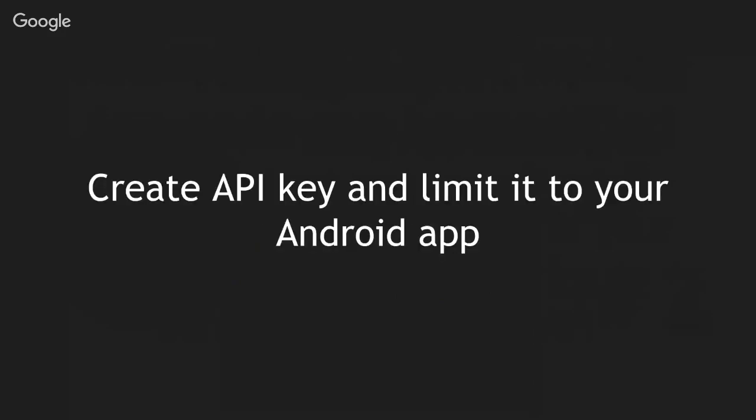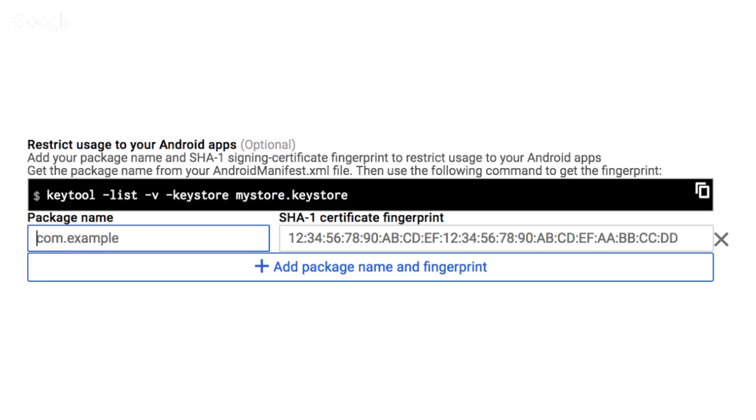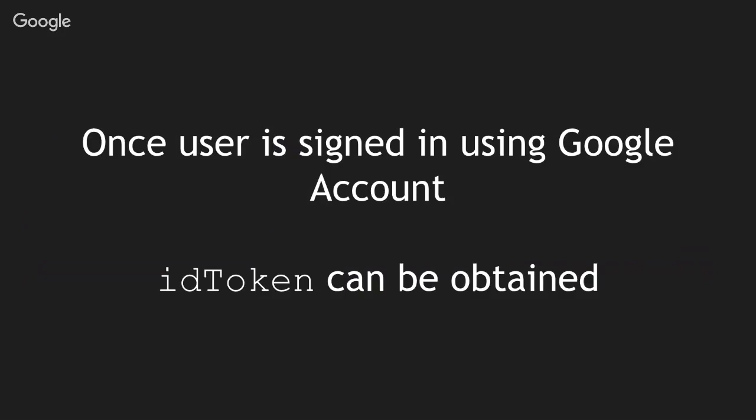So first, we need to create an API key in a console, like API console that you might be aware of. And then, if we created this key, we need to limit it to our package name and our certificate. So after we do that, we provide some sign-in experience, like we provide a button to sign up with Google,